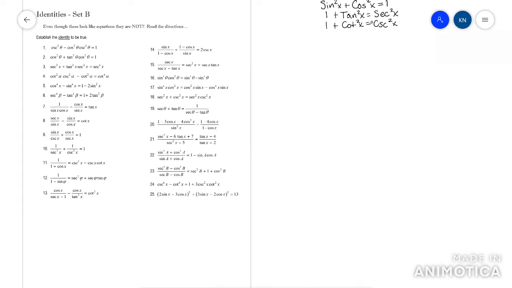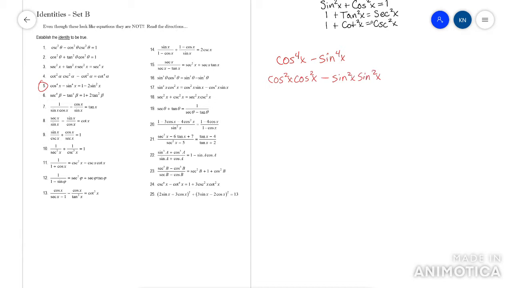All right, number 5 is a little trickier. This is where we really start to get more difficult. Cosine 4 minus sine 4. All right, the first thing I would do is realize that this is really like cosine squared, cosine squared. That makes cosine 4. And then I'm going to do it to the sines as well. So it's going to be like sine squared,